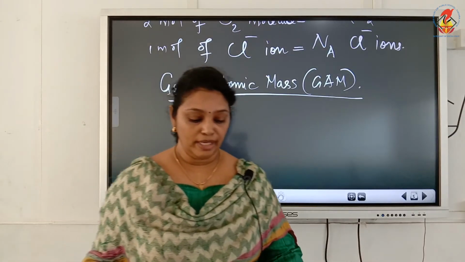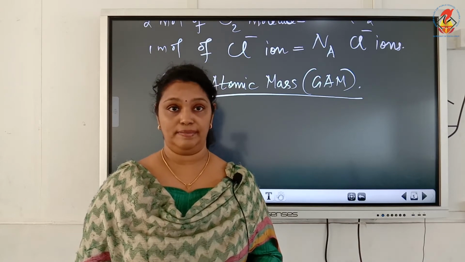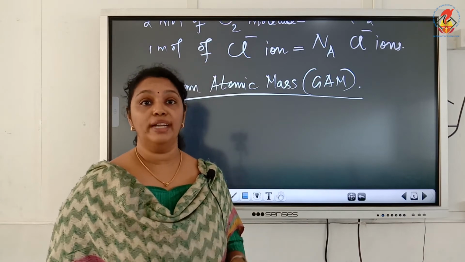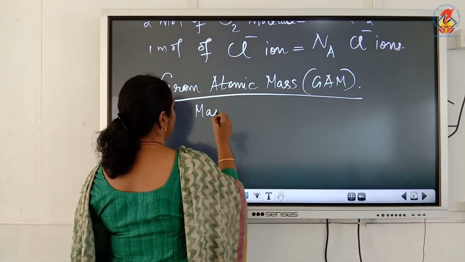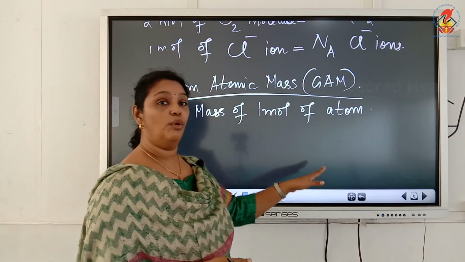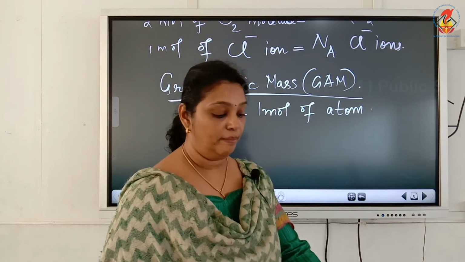Now, gram atomic mass is the atomic mass expressed in grams, or we can also define it as mass of 1 mole of atom. So, gram atomic mass is the mass of 1 mole of atom, and this mass of 1 mole will be expressed in grams. Okay. Now, example,